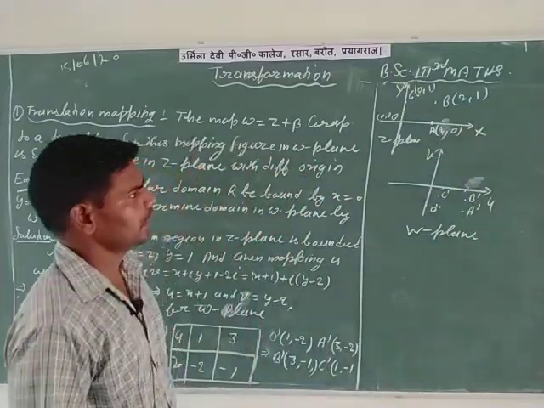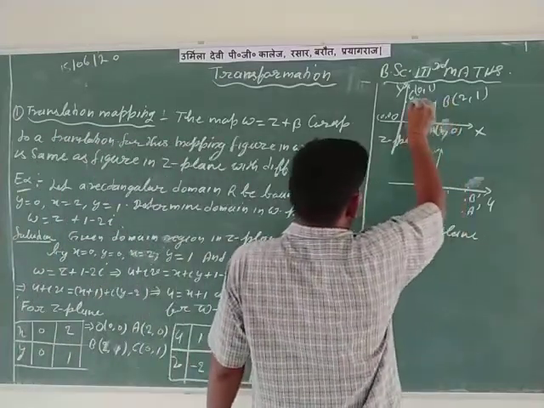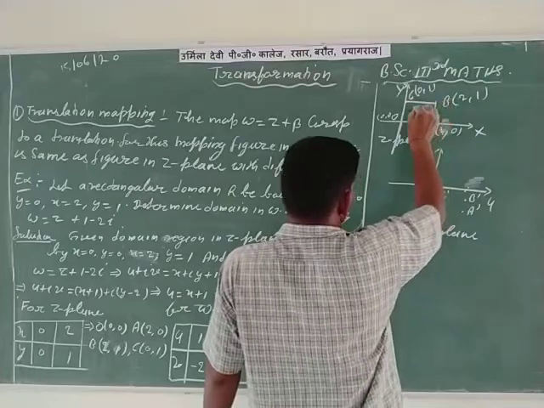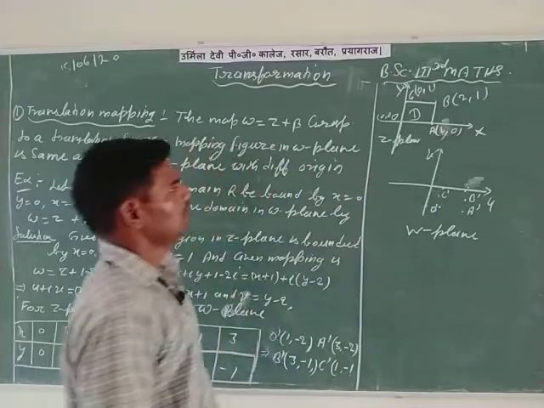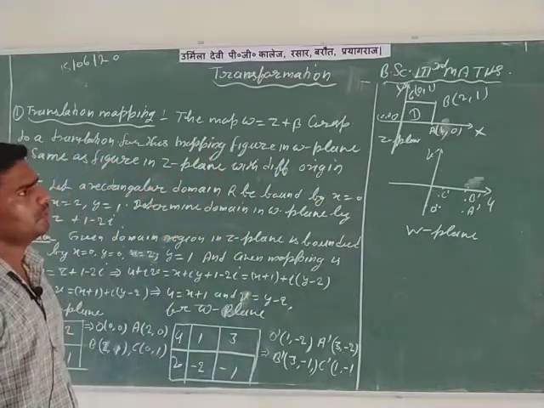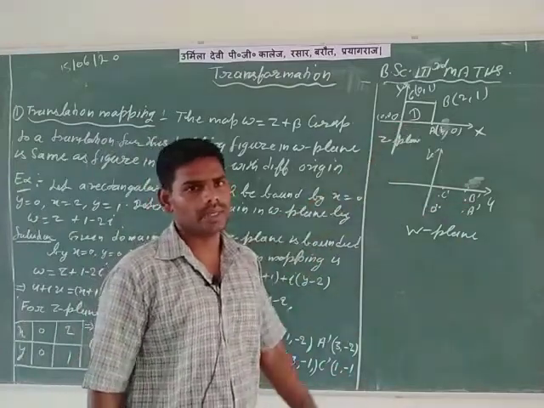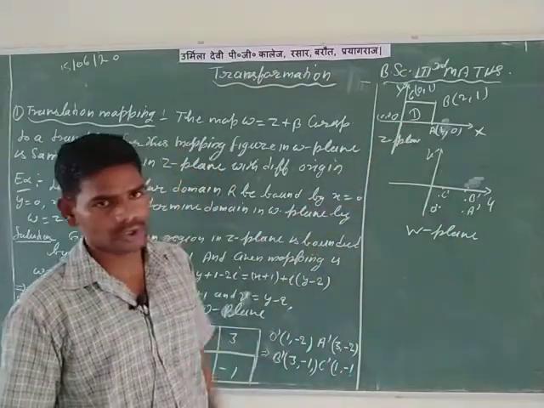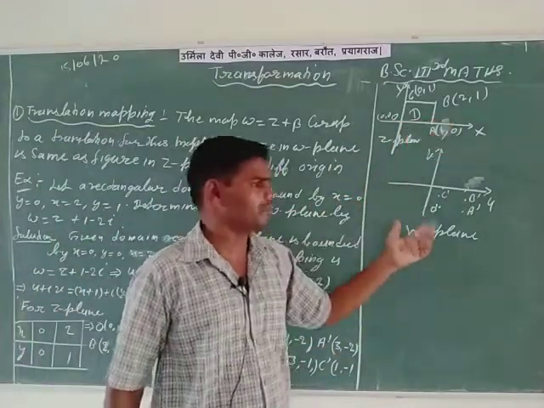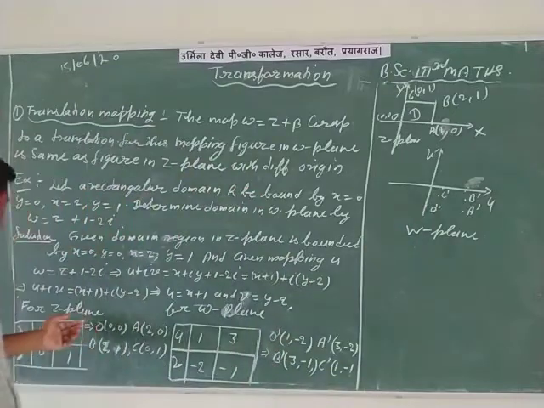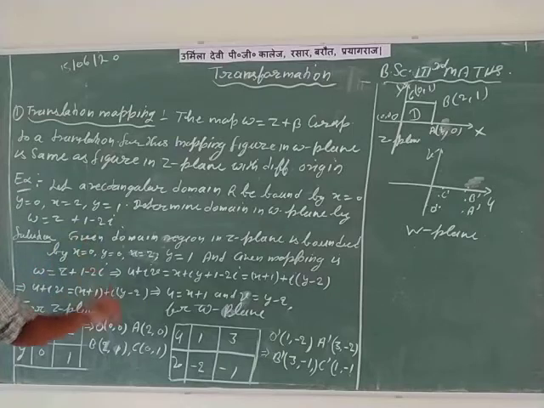After this, draw these points. This region is denoted by domain capital D. So in the Z plane, the required rectangle is OABC, and in symbol form is denoted by capital D. But in the question, we must find the image of this rectangle on the W plane by the given mapping W = Z + 1 - 2i.